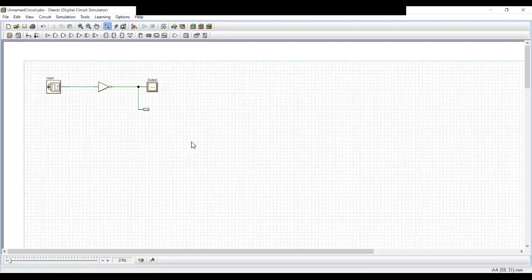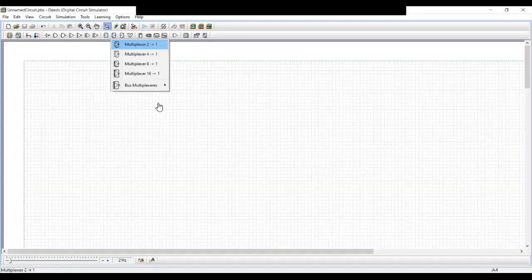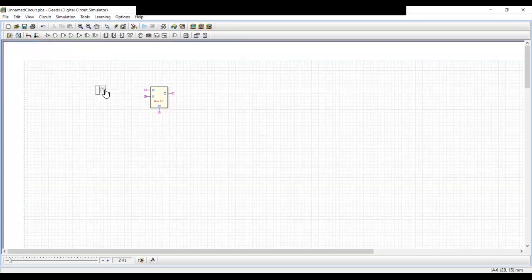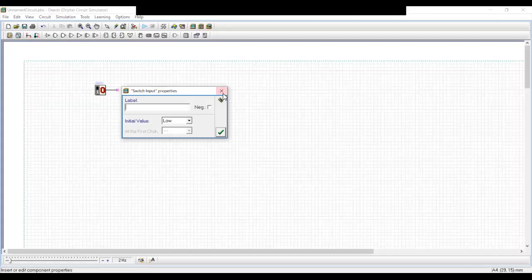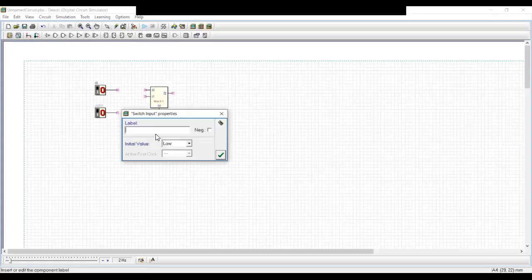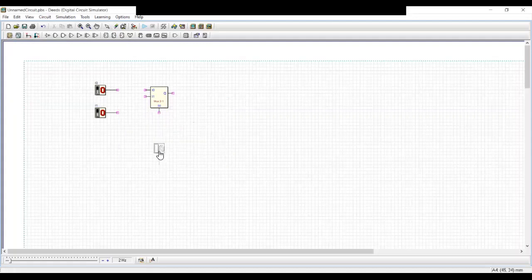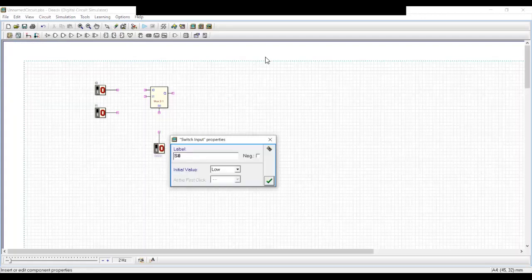Now, for example, if you want to use a multiplexer, a ready-made multiplexer, let's discuss the 2x1 multiplexer. A 2x1 multiplexer will have two inputs. Say, for example, I0 is one of the inputs, and let's take another input, I1. So input 0 and input 1 are the inputs, and let's give a selection line S0.